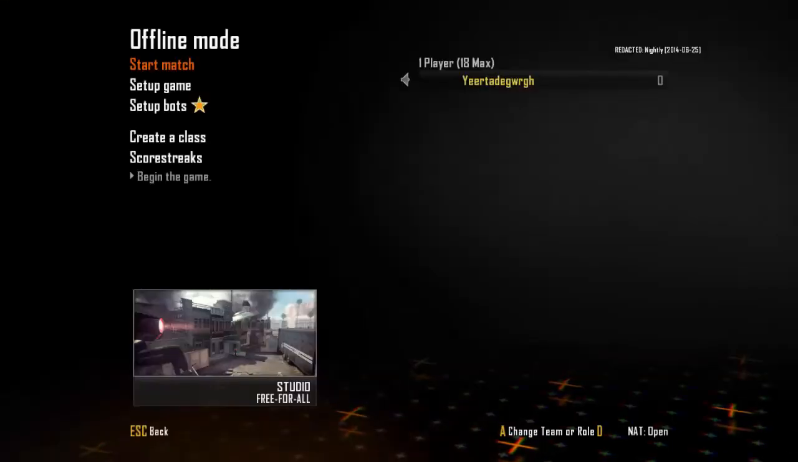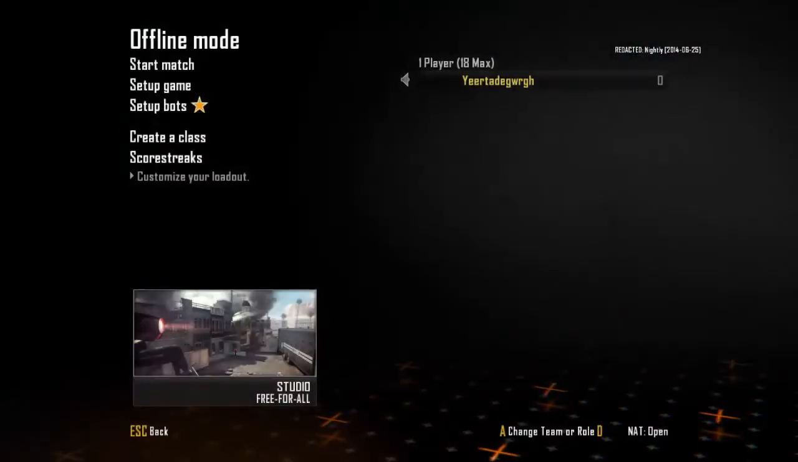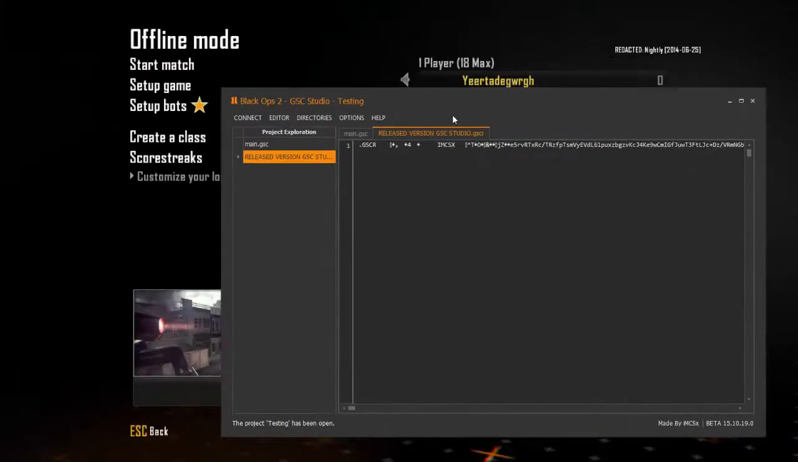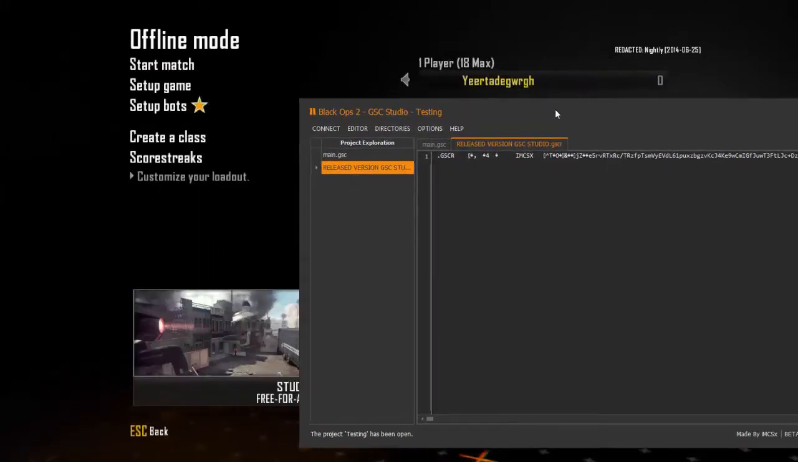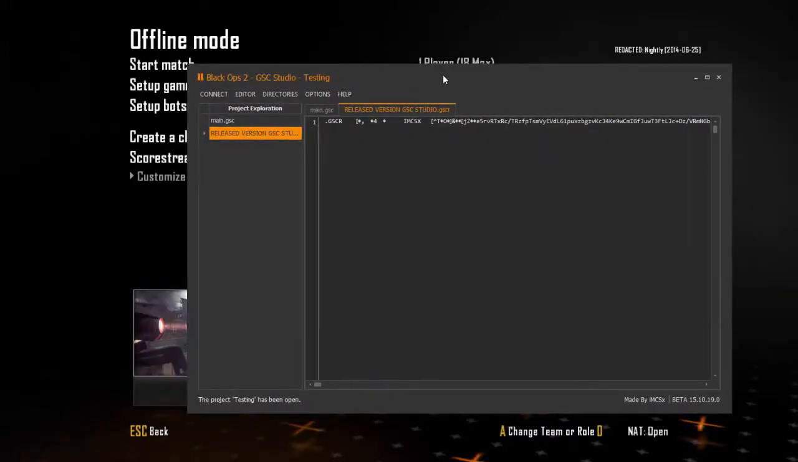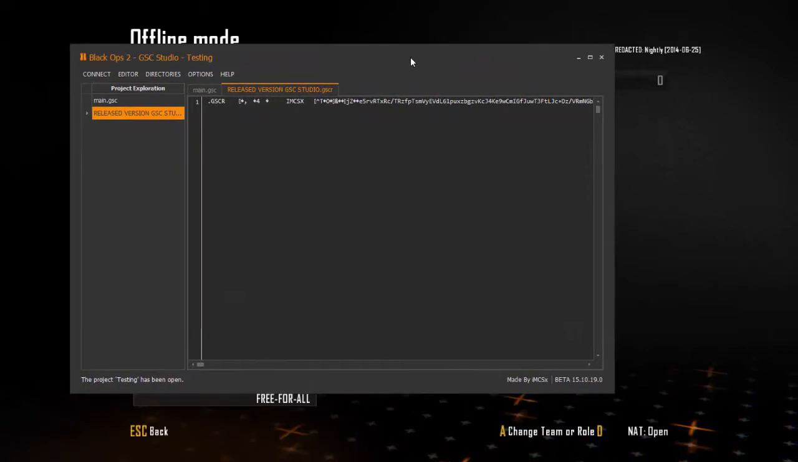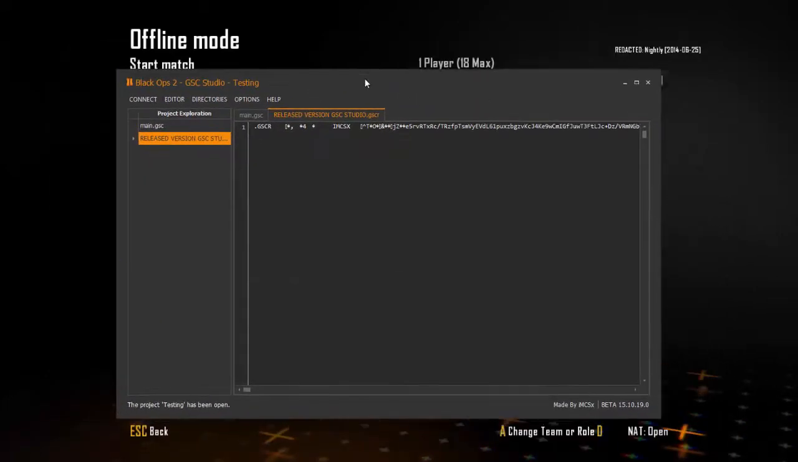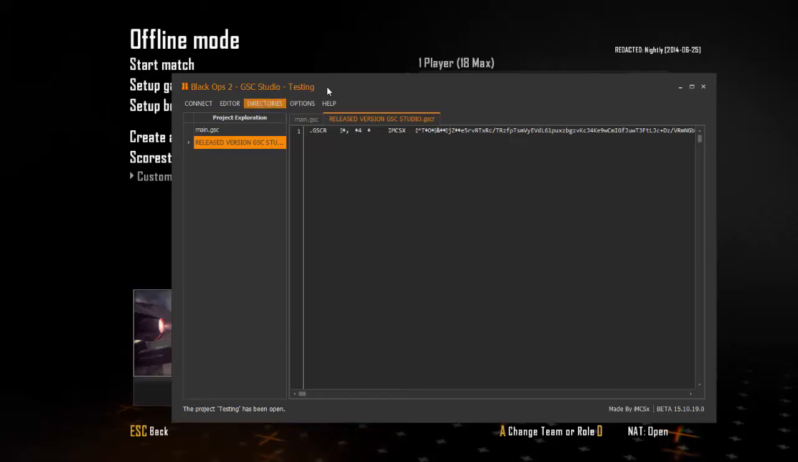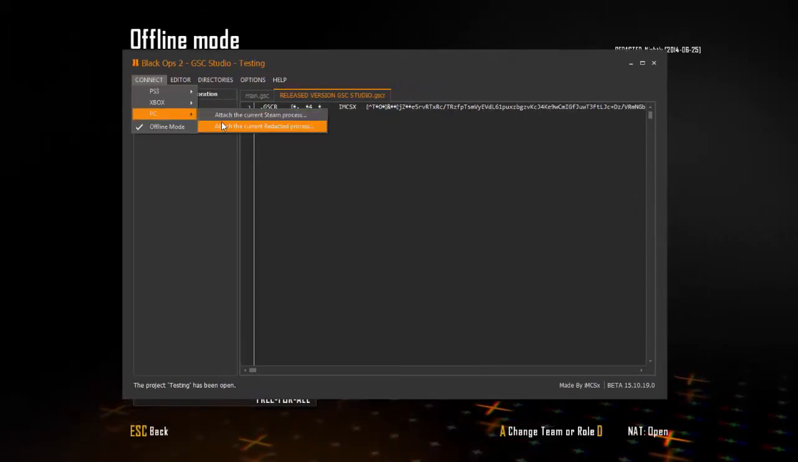Once you're back in this menu, you can open back up your GSC Studios. I have 2 monitors, so that's what mine is doing. In case you don't have 2 monitors, you can press Alt and Tab at the same time on your keyboard, and it'll bring up your bar, and then you can pull up GSC Studios. I'm going to keep this on the same monitor so you can actually see what I'm doing. Once you have this up, go to Connect PC,